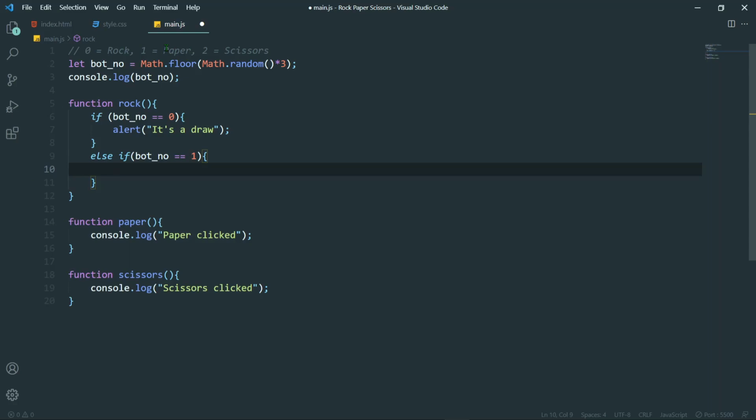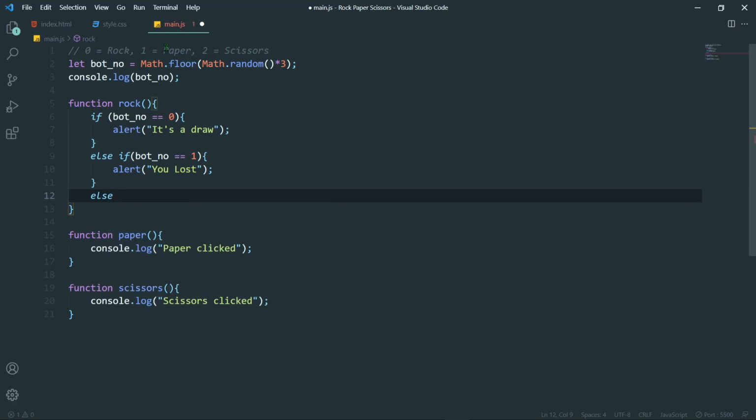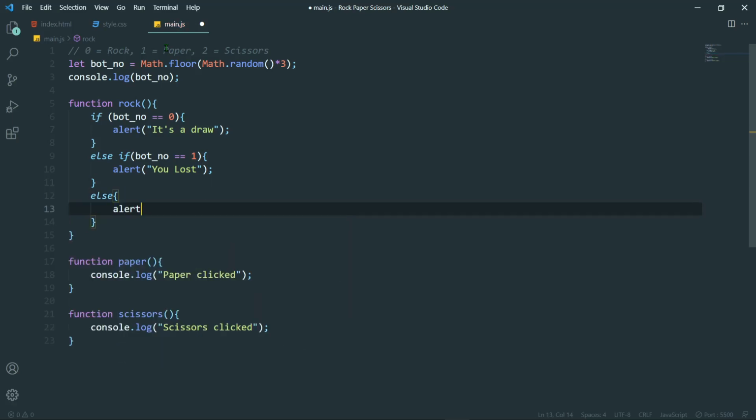So alert, you lost. Okay, and after that, because there is no other option, like it will just print till 2, so we are going else alert, you won. Okay, don't forget the semicolon.